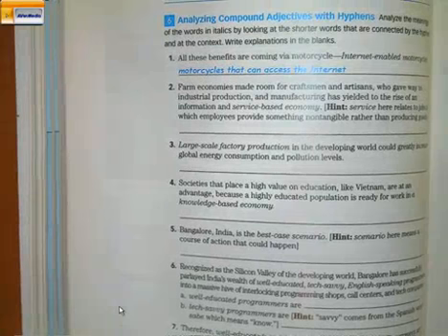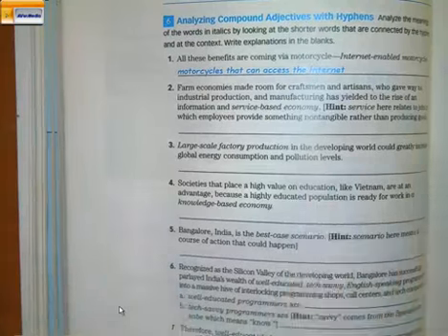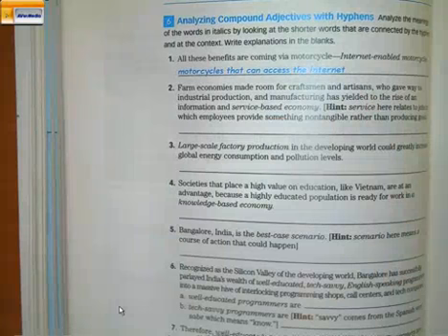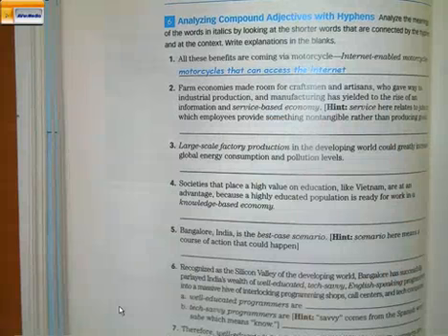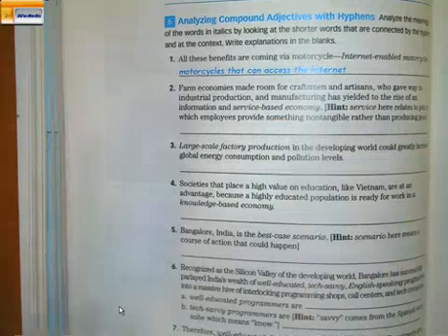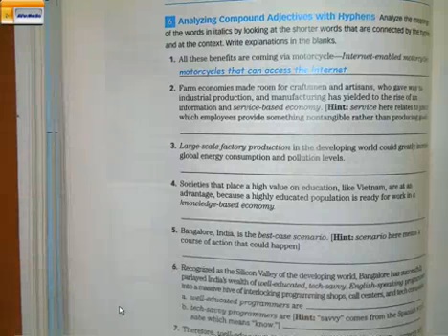We have number 2, surface-based economy. It means economy that is based on surface. We have number 3, large-scale factory production. So it means factory that are very, very big. Large scale means factories that produce a lot of things. They have a lot of things to produce. If you know the word scale, you know the word scale. So it's a large scale factory production. Factory that produce many, many things or different things.